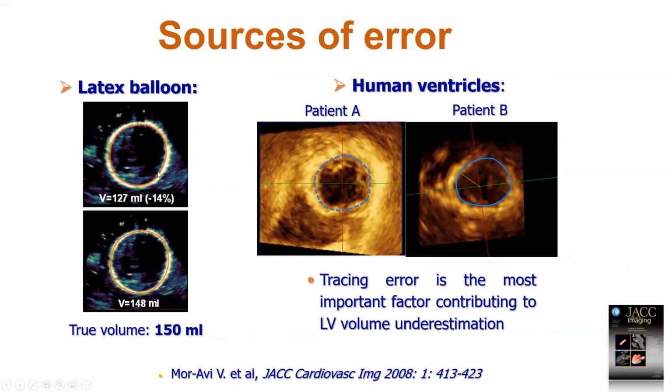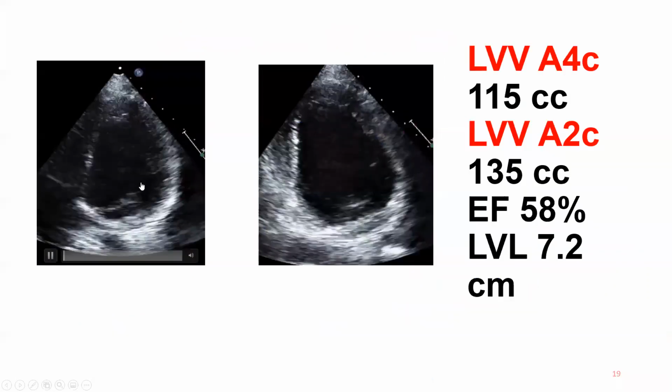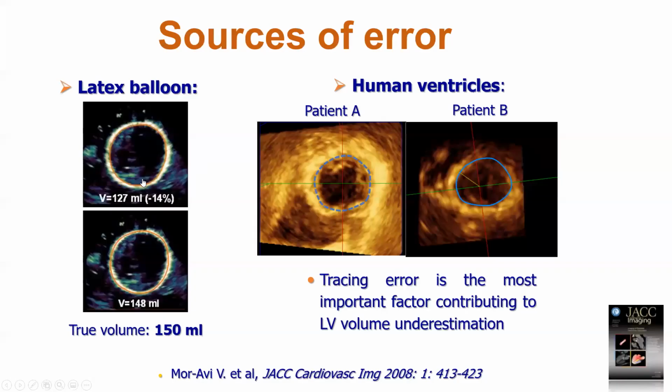This is the impact that one has by tracing along the presumed endocardial interface here versus simulating the interface between the trabeculated and non-trabeculated myocardium. The true volume is 150 mLs. By making your tracing closer to the interface between trabeculated and non-trabeculated myocardium, you come closer to the true volume